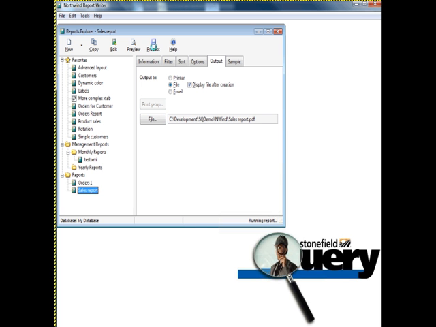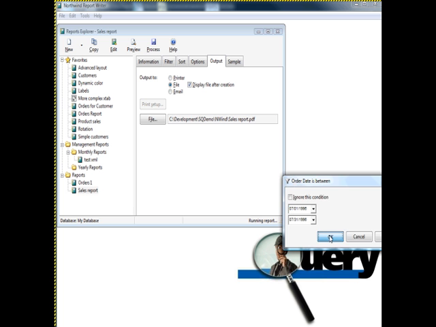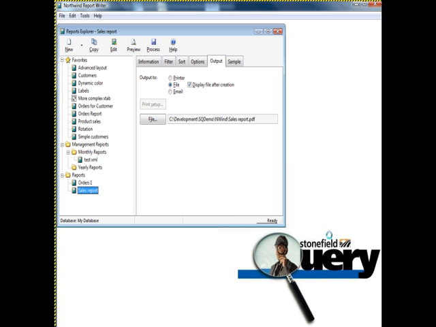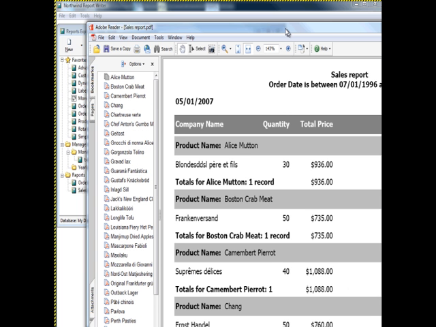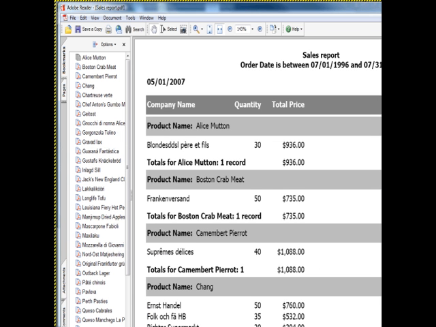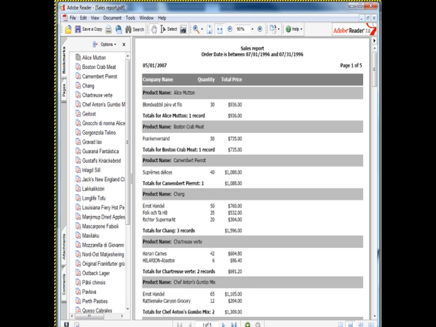So I'm just going to go and run this again. Again, it prompts me for my date range. And this time, instead of outputting to the screen, it's actually outputting to a PDF file. Here's that PDF. Let me just shrink it down a little bit here. Here's that report as a PDF. You can see it looks exactly the same as it did when we previewed it, including the table of contents